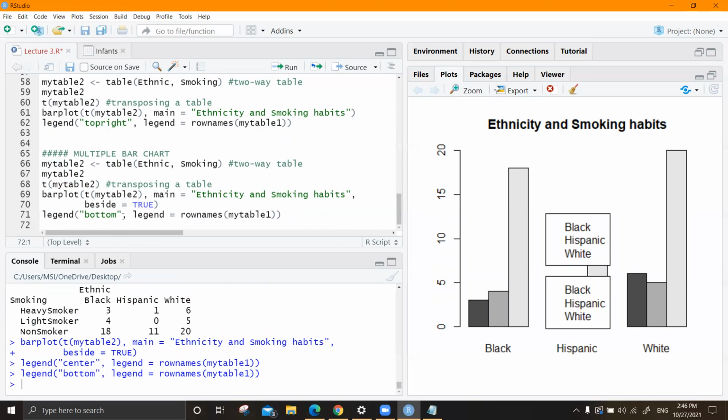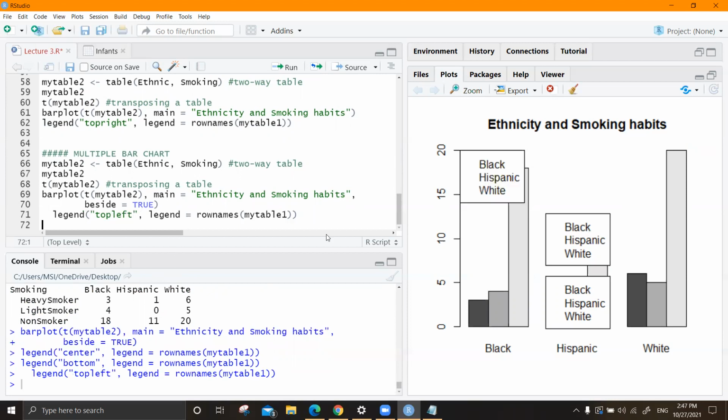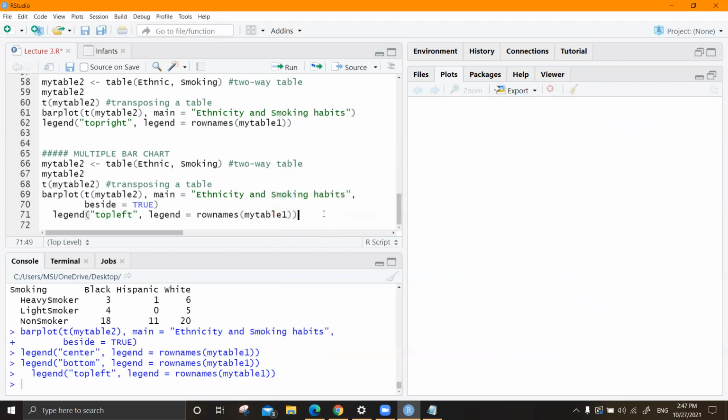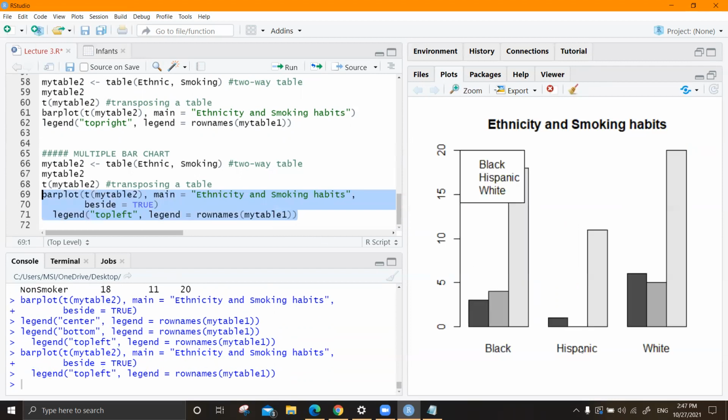No. Yeah, it's way better. So we can have something like this.